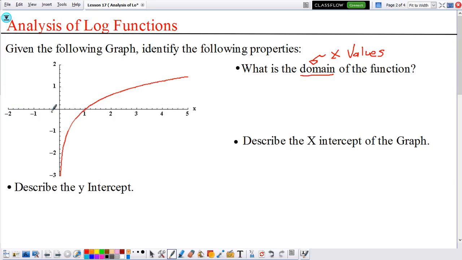When we talk about logarithms, you will never have an x value that is negative, and you will never have an x value that is 0. Your domain is any number greater than 0. So what is the domain of the function? The domain of the function is any number